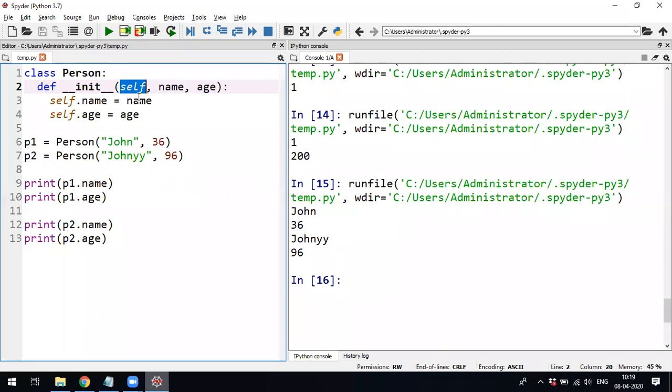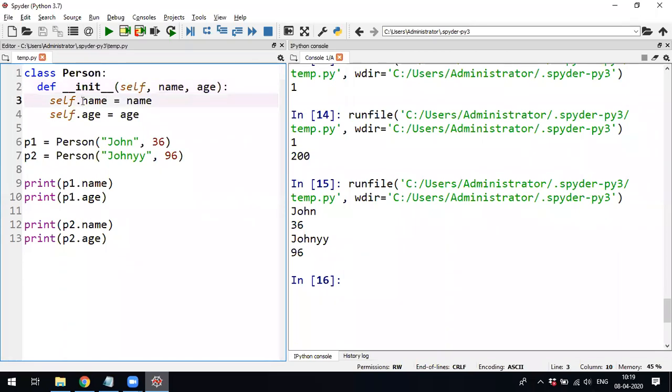The same thing here, the first parameter in the init should be self. You remember this operator that will access the current object instead of the name p1 dot or p2 dot. For that reason we use this word called self, which is equivalent to the this keyword.